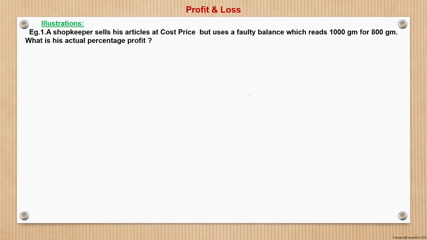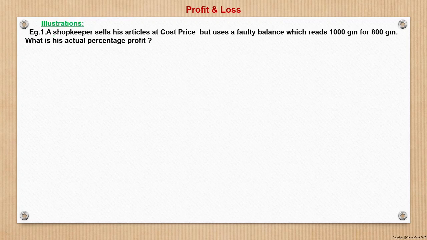shopkeeper or a seller. Whenever we say a profit or a loss percentage, it's implicitly understood that it is spoken in terms of a shopkeeper. If the question is what is the percentage profit, since the shopkeeper is running a business, that profit, unless otherwise stated, would apply to the shopkeeper's business. So with this in background, now we'll see question number 1.